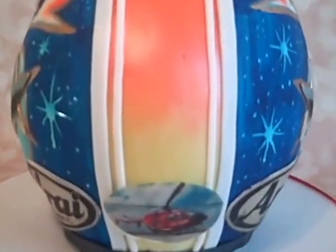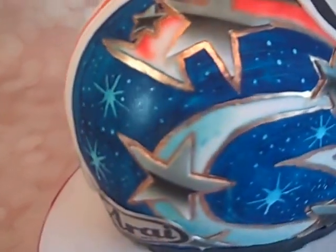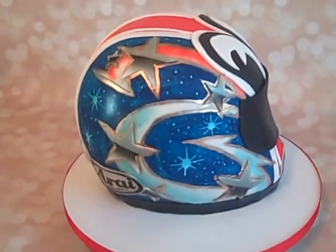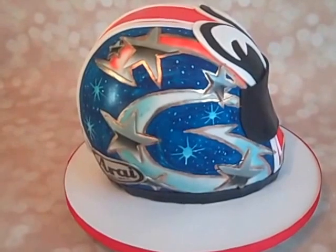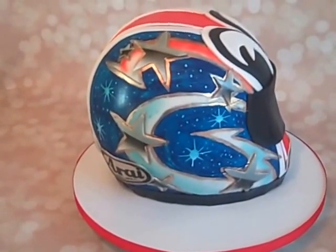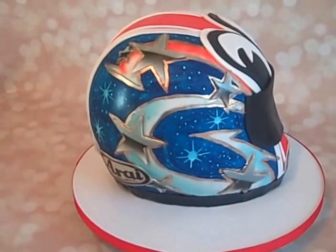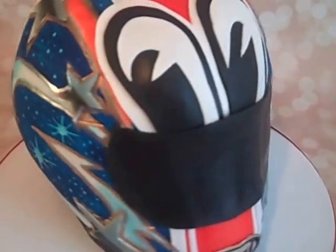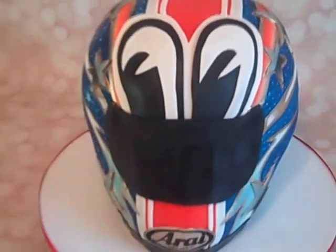And the little inside joke with him and his wife is the life flight helicopter, because unfortunately he had an accident and had to be life flighted, so I wanted to put that on the cake as a little personalization for it. The cake itself is 2 tiers of vanilla and dark chocolate cake stacked, alternating flavors, and also alternating fillings